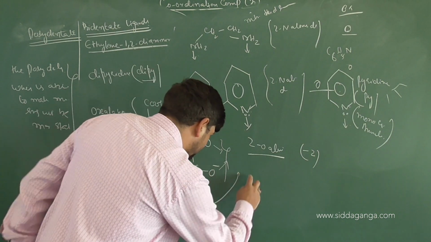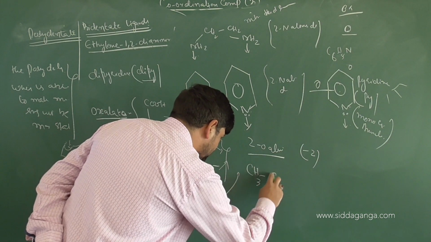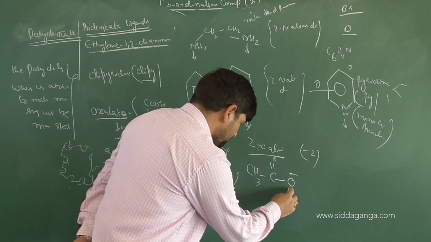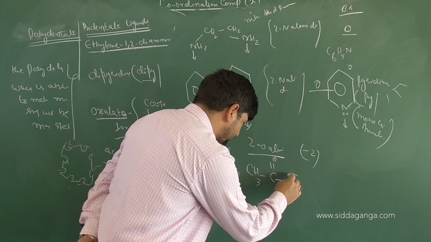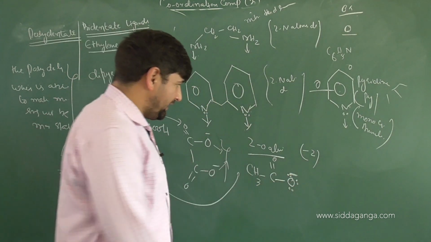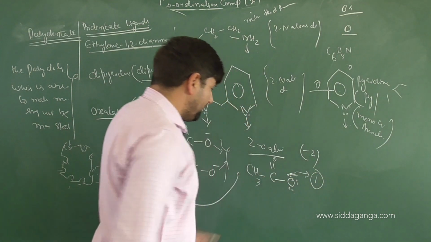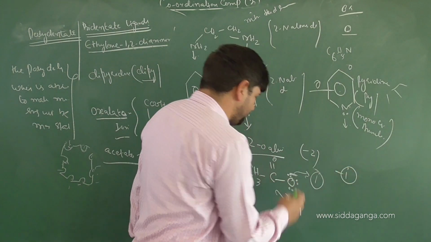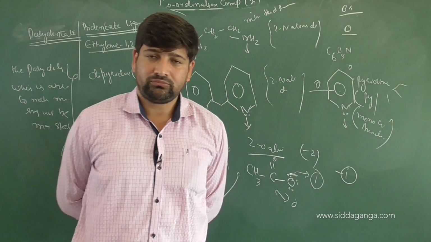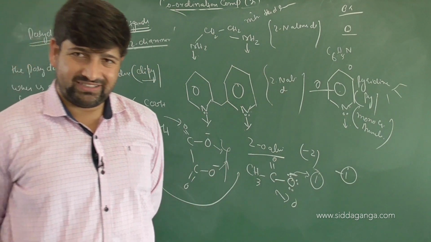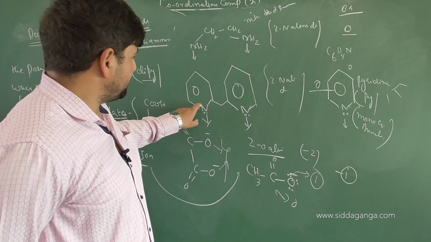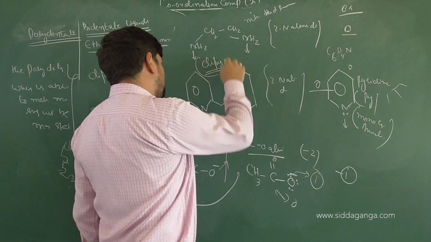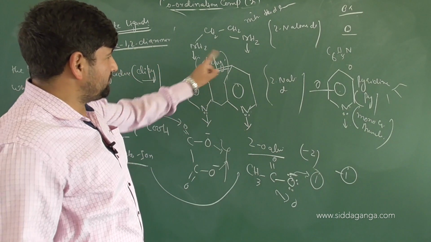Here I'll draw it. Structure: CH3C double bond O, OH. That will be a negative charge. That's a negative charge that you have on oxygen. And it can donate from how many places? One place. And for acetate ion, what's the charge? -1. Donation is from oxygen. Is it clear? Or did you understand this? What is this called? Dipyridine or DIP. In nomenclature, in short terms, we call this DIP.